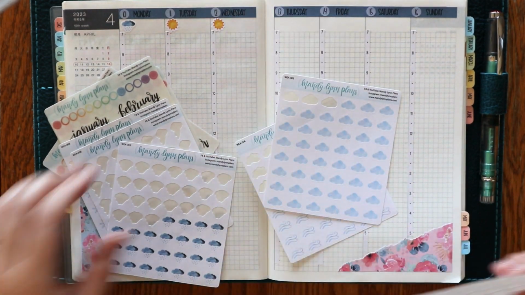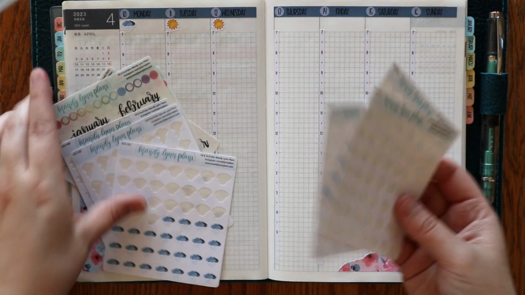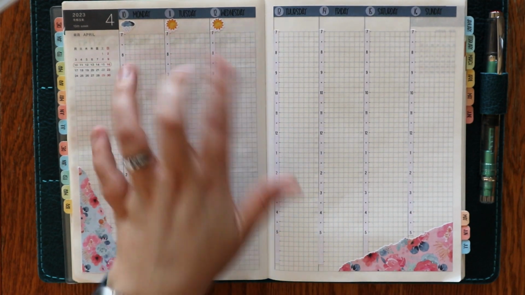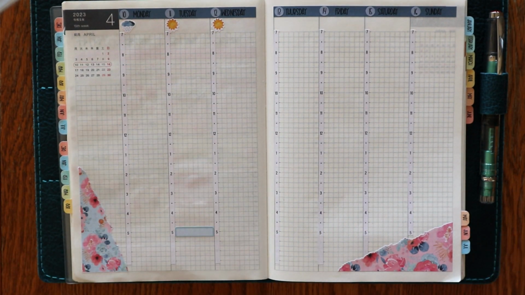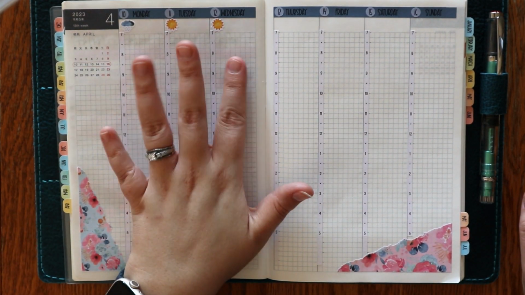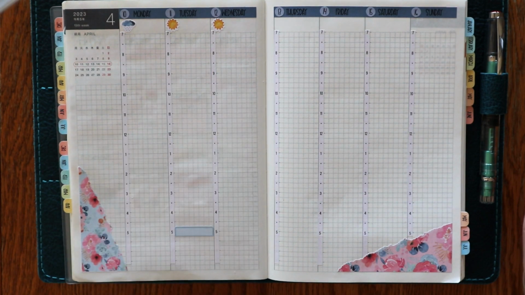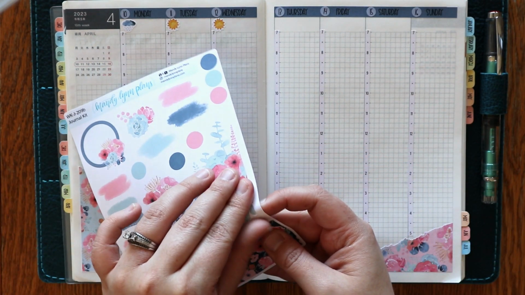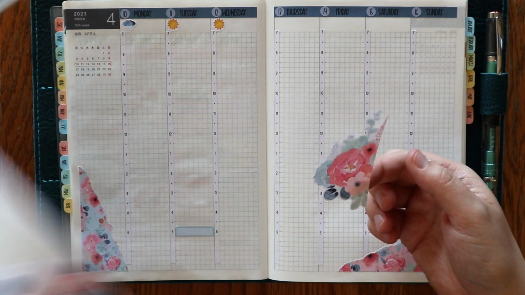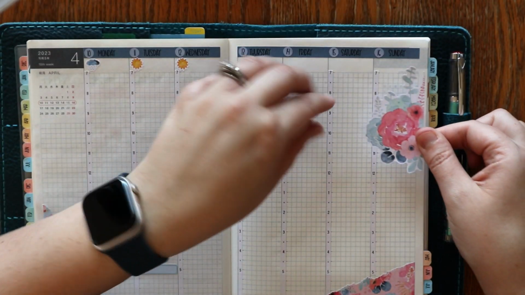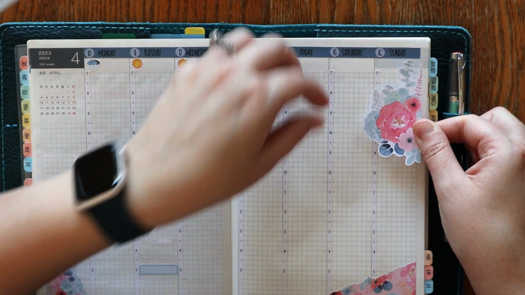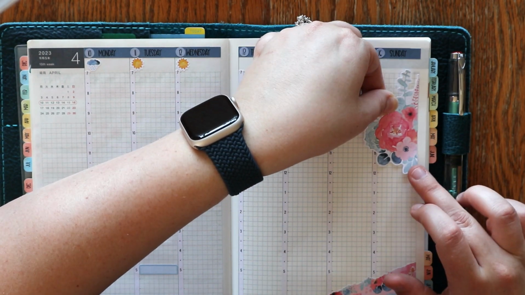So those are in, and I need to get me some more suns. That's all I'm gonna put in now. Weather changes around here pretty much all the time, and so that's all I'm gonna do in advance. I think I want to go ahead and put this really big bouquet on the side. I think I'm just gonna have it kind of be the hours that we're at church